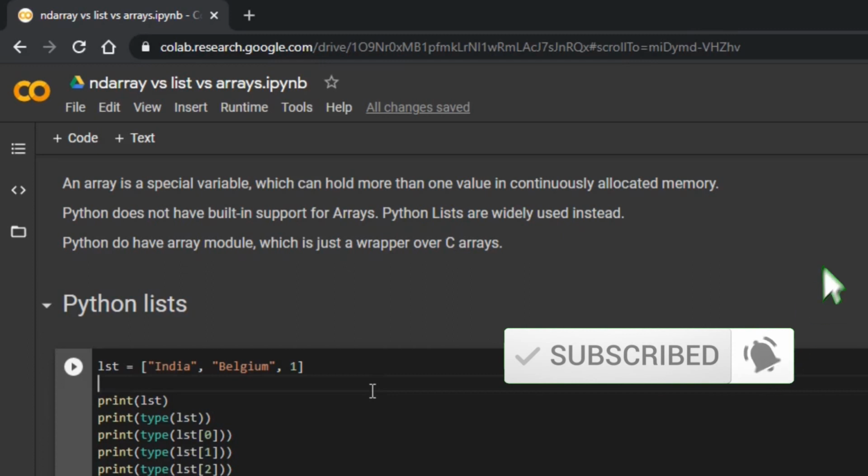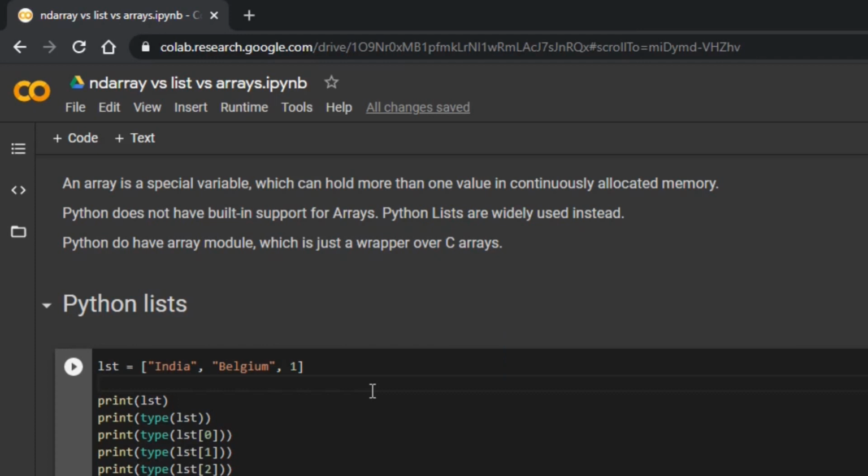Let's look at Python lists. Python lists allocate memory in a fragmented manner, meaning it's not continuous. Python lists can hold elements of any data type in any combination. Here I have declared a list which holds strings and an integer, and I am printing the data type of the list and its individual elements.